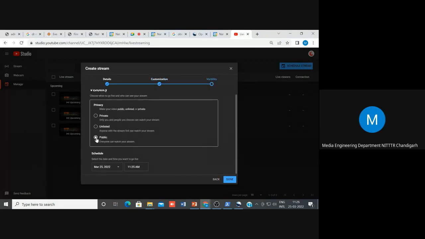Next, the stream will be public. You can select the timing of the stream. आप कब अपना लेक्चर जो है कब हो रहा है उसको कब स्ट्रीम करना चाहते हैं. You can select it from here. I'll stream it now only. So for 25th March 11:25 AM, done. अब आपकी यहाँ पे क्या है, एक स्ट्रीम की जनरेट हो जाएगी।